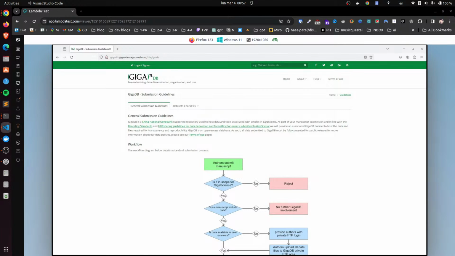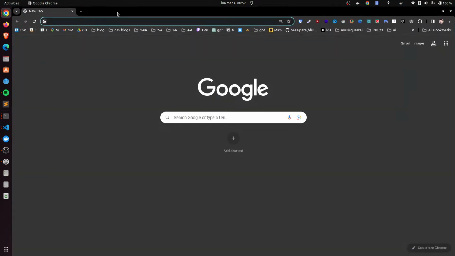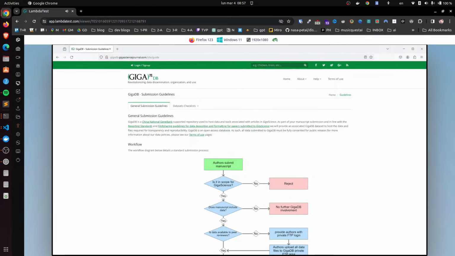NVDA screen reader keyboard shortcuts and gestures?